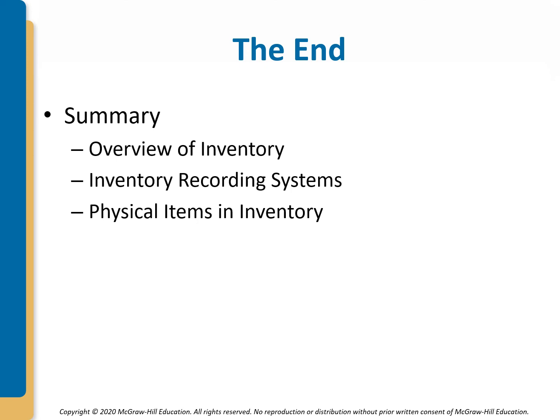We also talked about the fact that items that are being shipped, it depends. If it's in transit, it depends on whether it is FOB shipping or FOB destination. It depends on whether we are shipping to our customers or our suppliers are shipping to us. And all of that information helps us determine if we should include that item as part of inventory. And physical items that should also be in inventory are items that are returned by customers or we anticipate will be returned by customers. So we will continue this